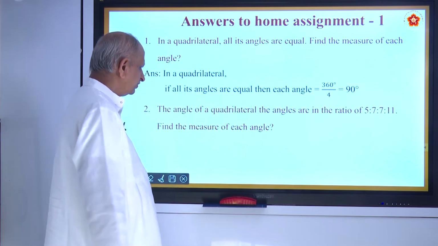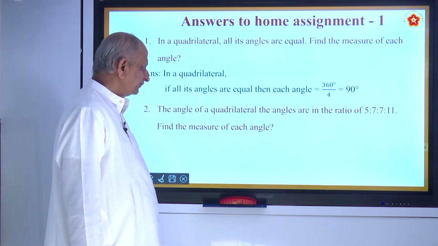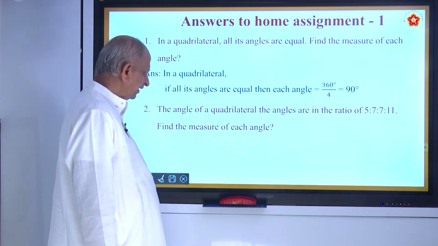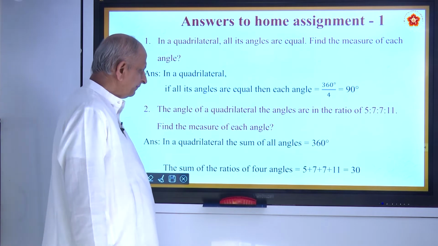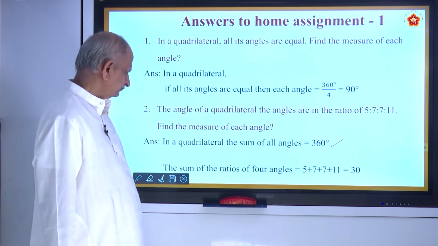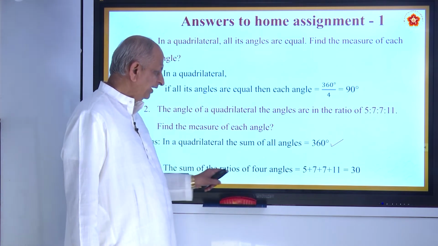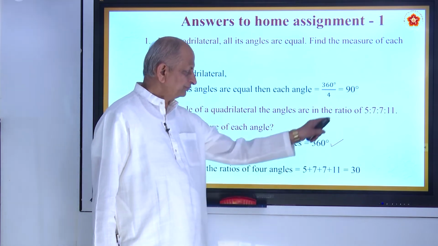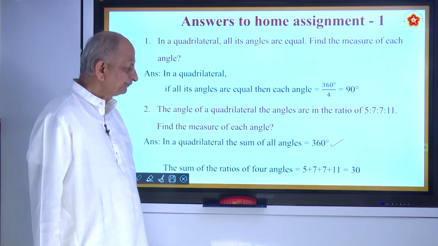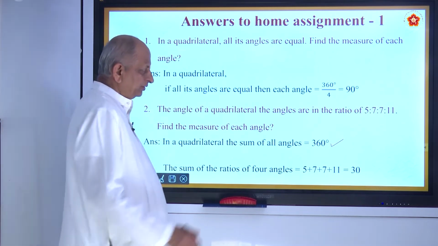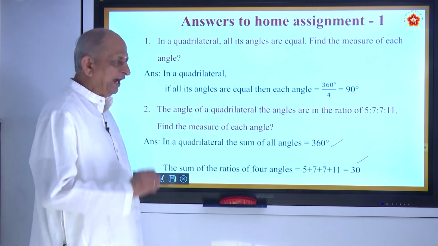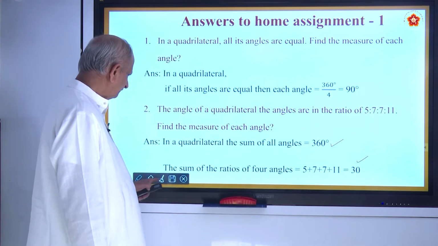Okay. Second question, the angles of a quadrilateral are in the ratio 5:7:7:11. Find the measure of each angle. So the sum of all the angles is 360 degrees. They are asking each angle. To find each angle, first you have to add all the ratios: 5 plus 7 plus 7 plus 11. Total it comes to 30. Followed? So whenever ratios are given, if you want to divide it into different angles, you have to add all the ratios. Okay? And next step,